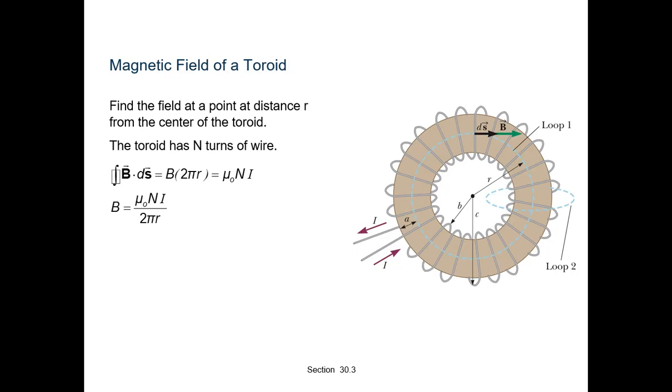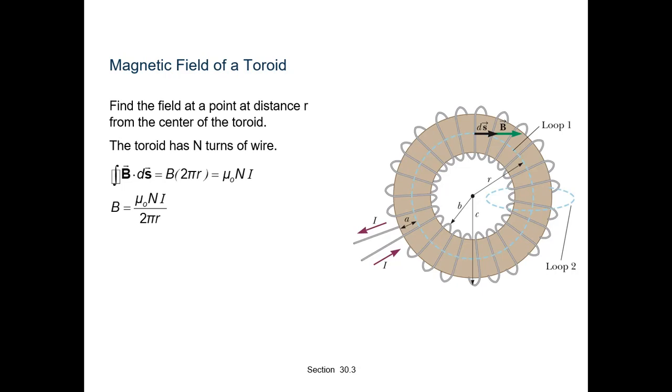By symmetry, the magnetic field should be tangential to each loop and constant in magnitude for a given loop, over the circular area bounded by the loop. Both loops are such that each turn of the current-carrying wire is cut once by loop 2 and loop 1.